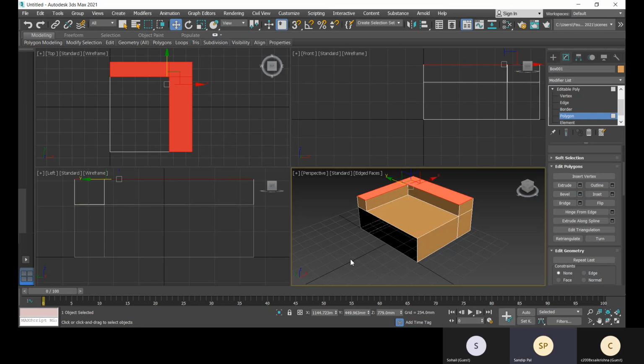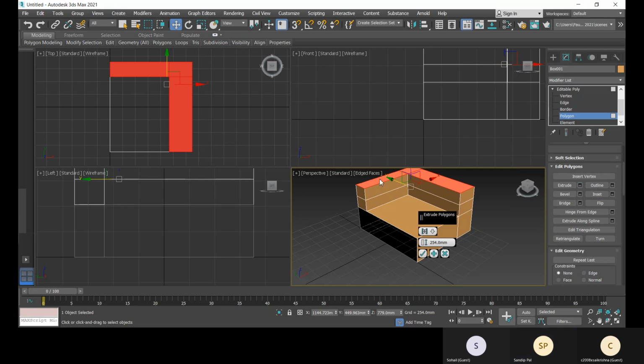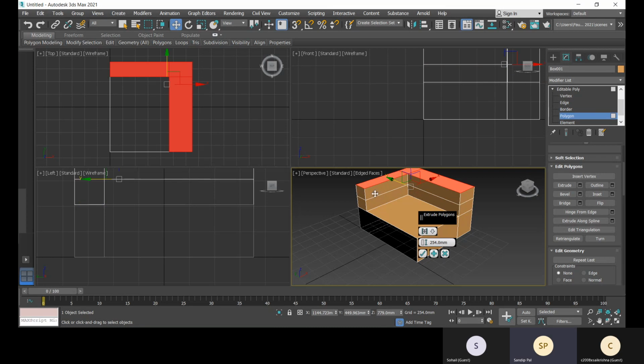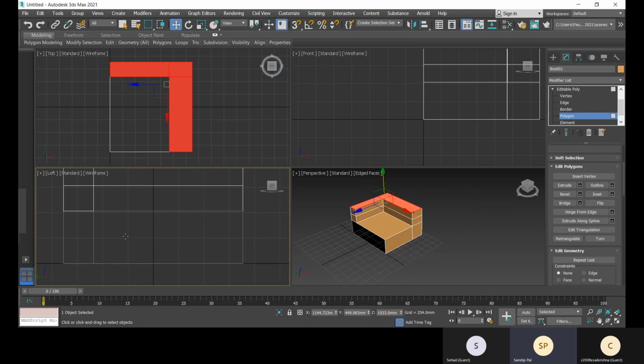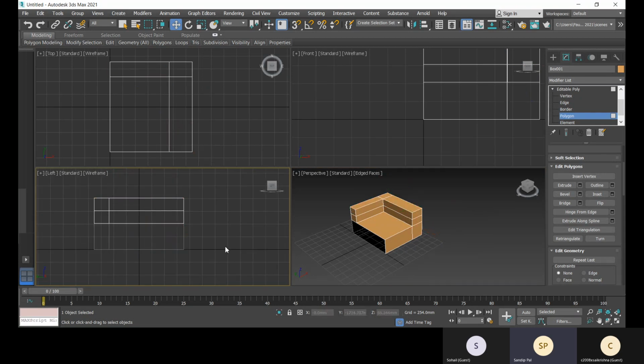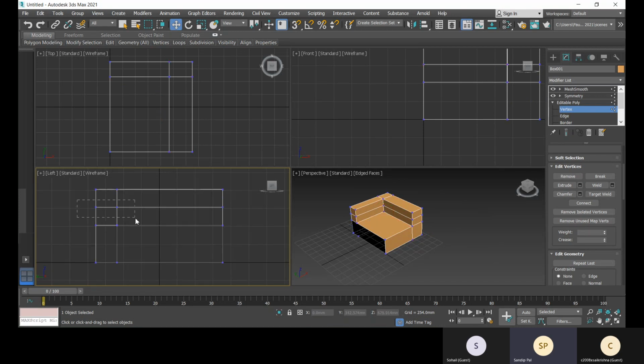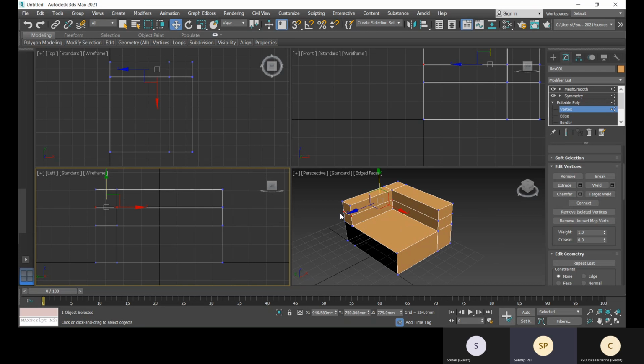Okay, and another extrude of that surface. So I could do that in one. There is a plus option, so it will add another extrude, and that is okay. And now in the left view, I need some design, right? So I'll again come back to vertex mode, and then I'll select this vertex. So see, these two have been selected. I will move it a little bit. I'll select these two vertices, move them a little bit.